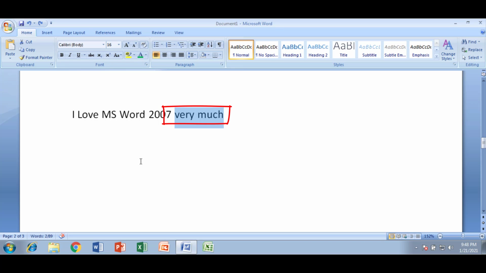For redo, you just have to click on the redo option, which is available exactly at the right side of the undo option. After clicking on redo, you can see "very much" has disappeared. That means whatever command we gave earlier, we can cancel by using the undo option, and by using the redo option we can reverse the action of the undo.